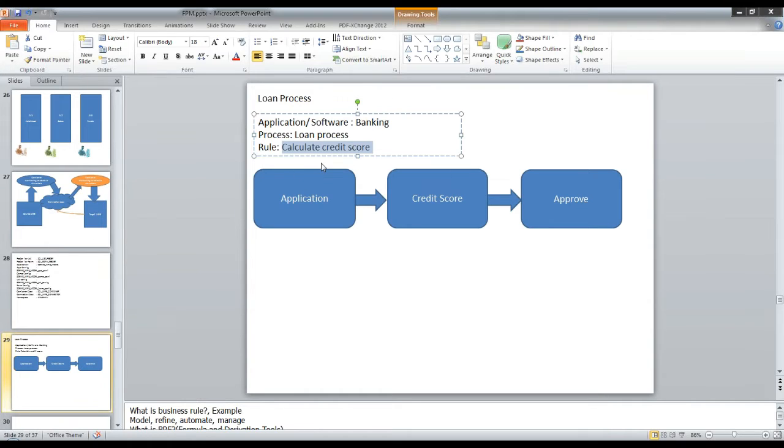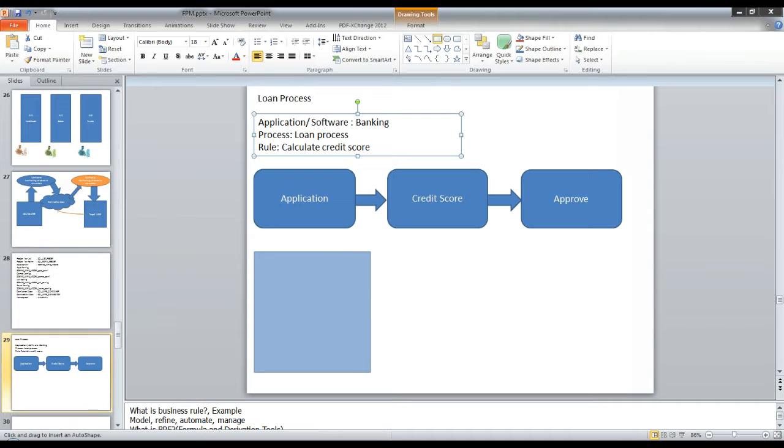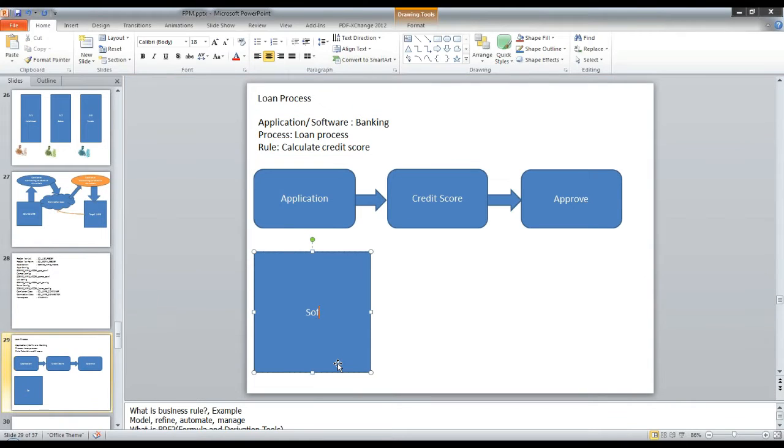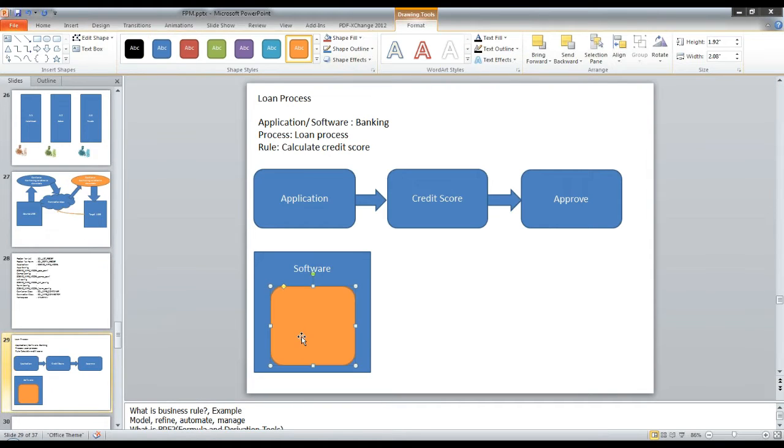Now, if we consider a business application, a software, when they design software, there are three aspects of this software. Earlier, all these three aspects used to be combined together. What are those three aspects? First is the business logic, or I would say first is data. Then you have the process, and then you have the rule.